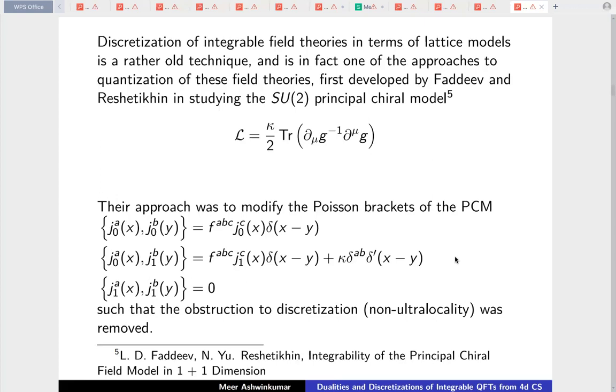And this is justified because even when you modify this Poisson bracket structure, the corresponding Lagrangian has the same equations of motion as the principal chiral model. And that resulting Lagrangian, which we shall see in more detail shortly, is known as the Faddeev-Reshetikhin model. So one of the aims of this work was to realize the discretization of the Faddeev-Reshetikhin model in 4D Chern-Simons